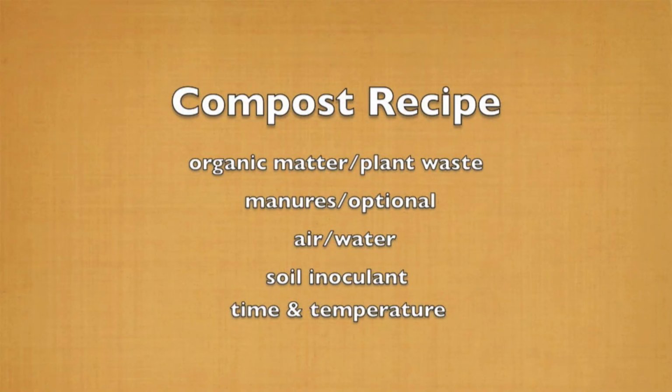In order to be successful composting, you need to follow this recipe. First, you need the addition of organic matter or plant waste, and that's anything that has grown, including paper materials or wood chips or sawdust. That can also be added. Then you can add manures if you want, that's optional, but by adding manures you also add nitrogen to that pile, and that's excellent because in the decomposition process nitrogen is used. So if you don't add it in the form of manures, you might be deficient in nitrogen when you're done with your compost. Air and water, you might want to set a sprinkler on there and add water, or just